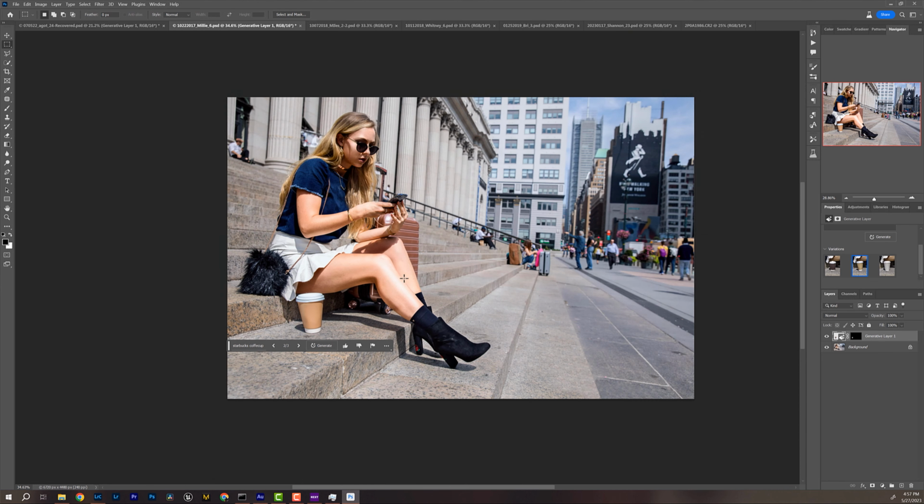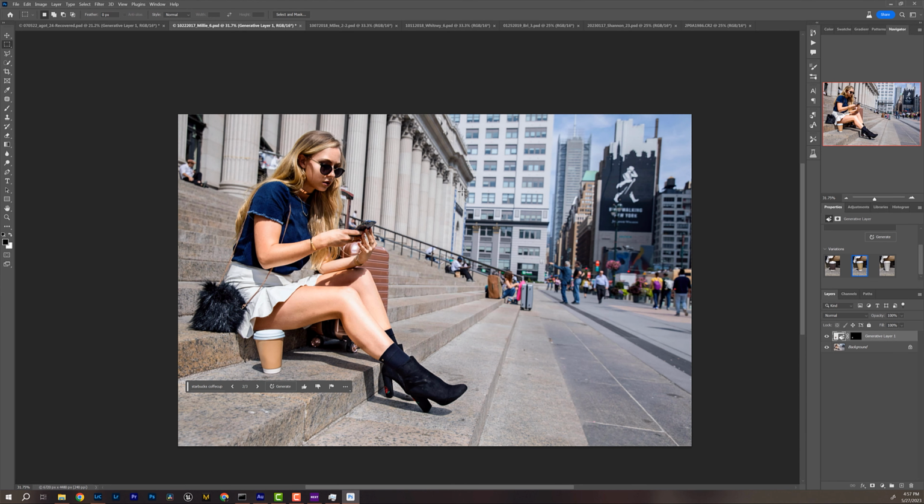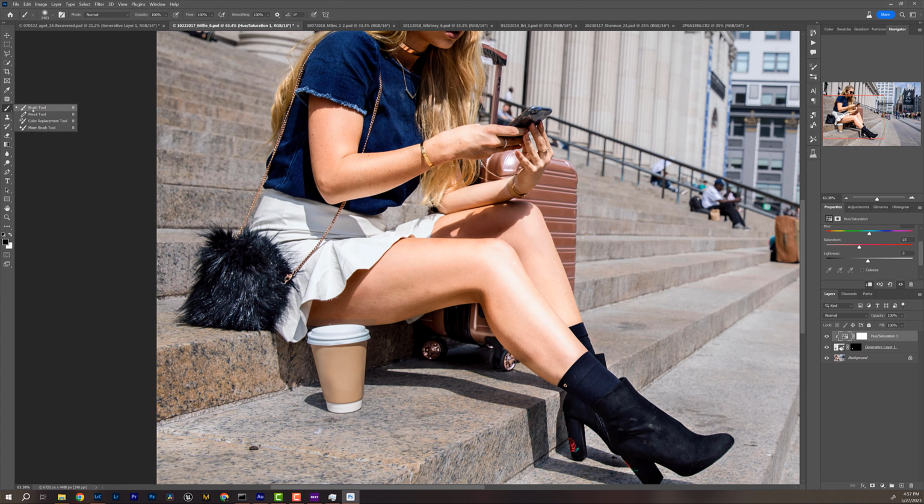So what we can do is I'm going to take my adjustment layers. I'm going to set it to this layer. Desaturate a little bit. About right there. That makes it look a little bit more believable, at least to me. And then I can go ahead and mask a little bit of this out.